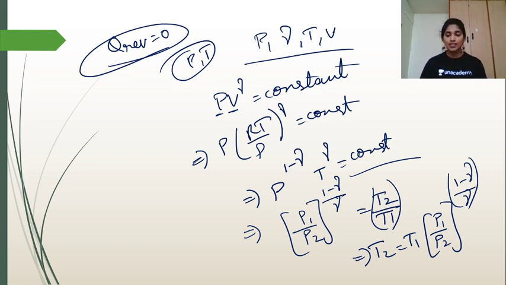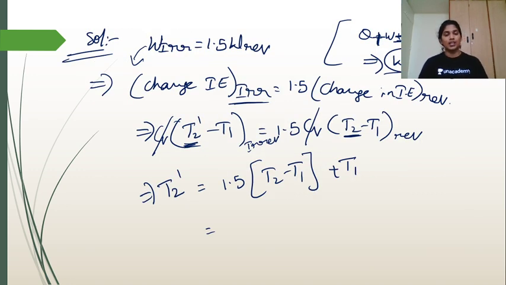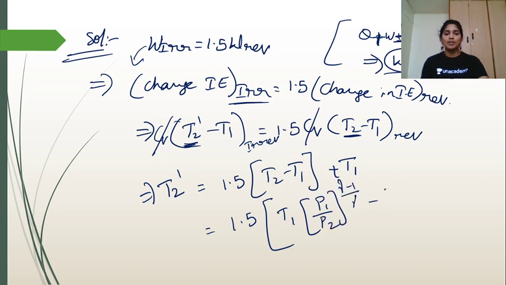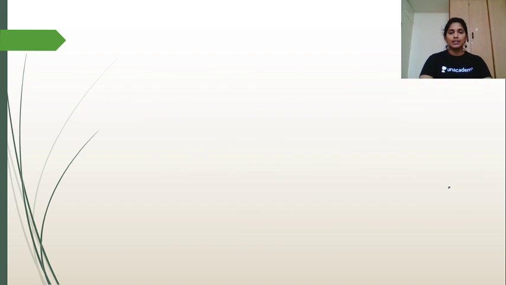Any doubts regarding this? Please post your comment if you have any doubts, because this is a very important problem. Such types of problems were there in previous year questions also. Okay. So here we'll keep 1.5 into, in place of T2, T1 into (P1 by P2) whole power (gamma minus 1) by gamma minus T1 plus T1. Okay. So from this we can write it